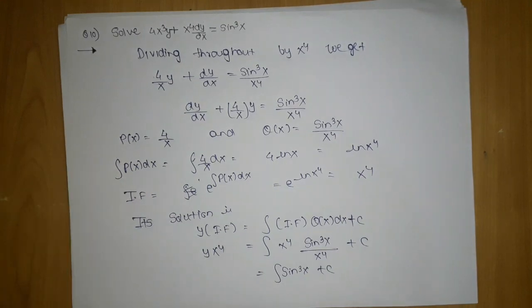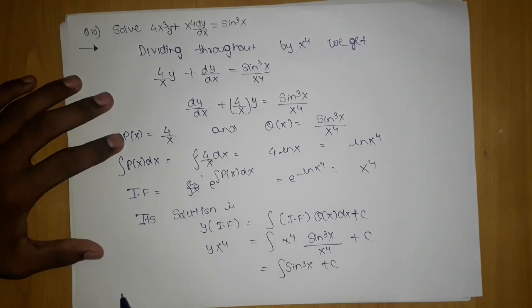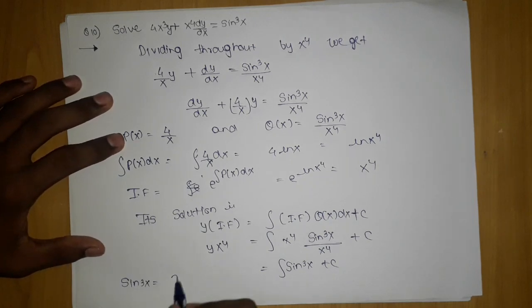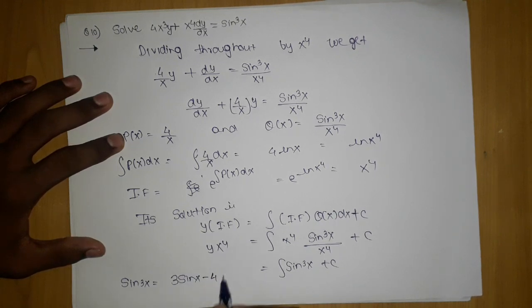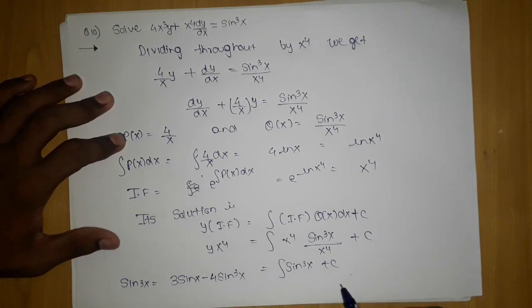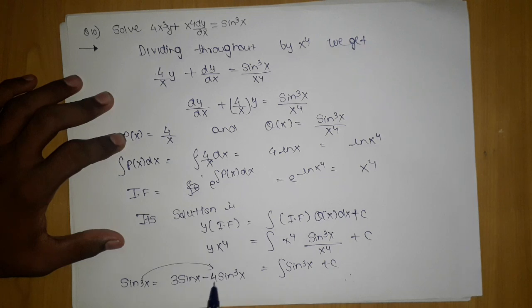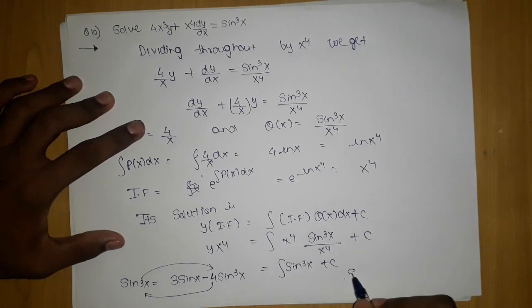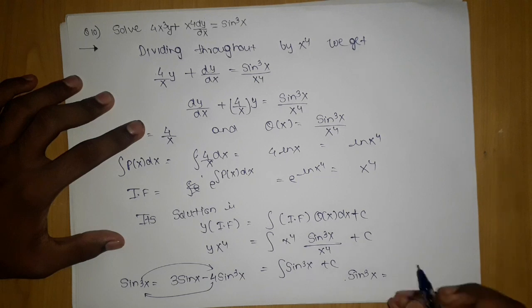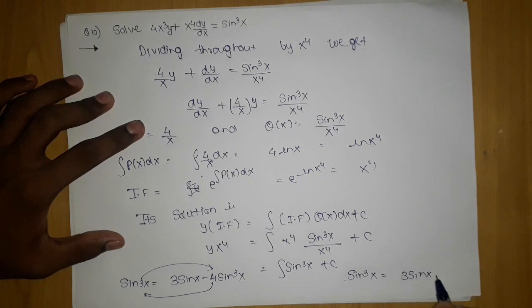Now the thing here where many students get stuck is the integration of sin cube x. So you need to remember the sin 3x formula, which is 3 sin x minus 4 sin cube x. To get this value, shift this to that side and that to this side. So sin cube x will be nothing but 3 sin x minus sin 3x the whole upon 4.